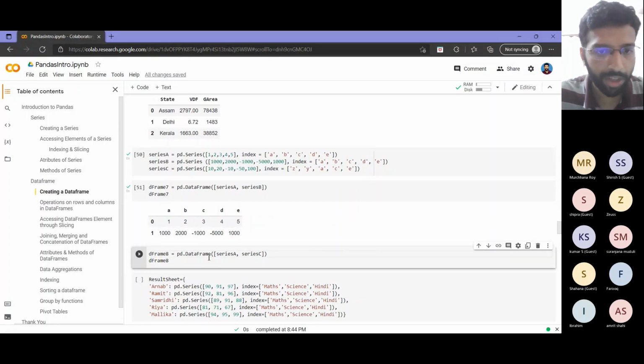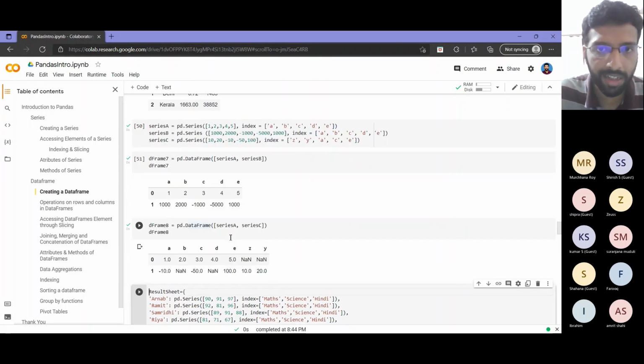Now suppose I am trying to make a data frame with series A and series C. As you can see here, the indexes are different. Here it is A, B, C, D, E. Here it is Z, Y, A, C. So finally I will get columns corresponding to all of these: A, B, C, D, E, Z, Y. And my values will be the corresponding values wherever they exist. They will be filled from the corresponding series, like 1, 2, 3, 4, 5 or minus 10, minus 50.